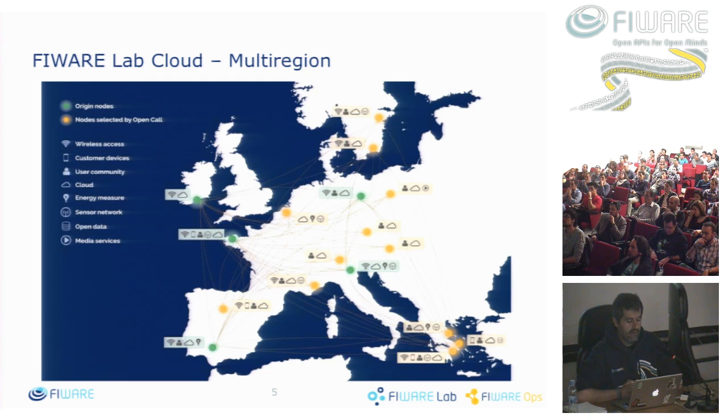If you can see there, we started with the Spain node, which we have in Sevilla, Santander, Malaga, and so on. The rest of the green points were the next level in the federation, and then we moved to the yellow ones. The current situation is we have to update this photo because, like Juanjo mentioned at the beginning of the session,